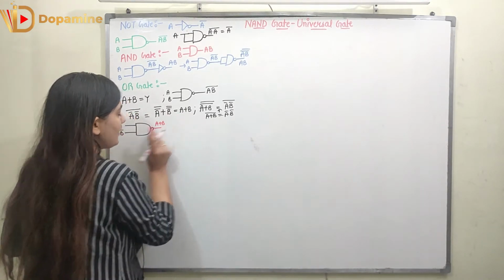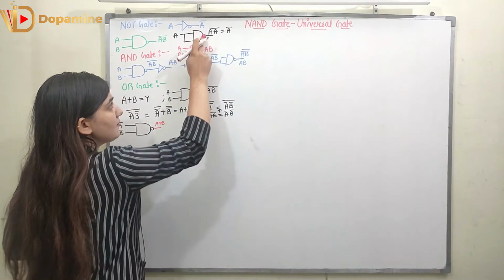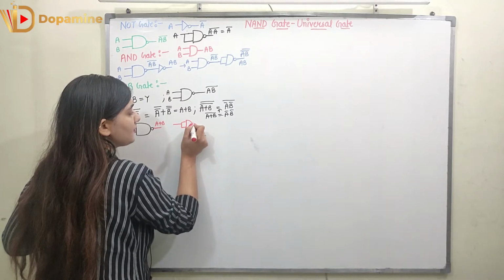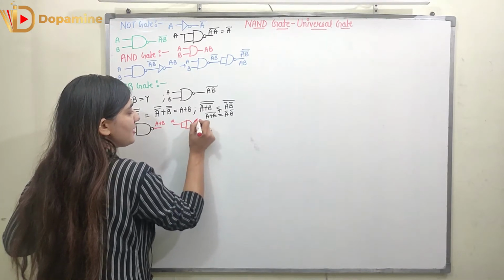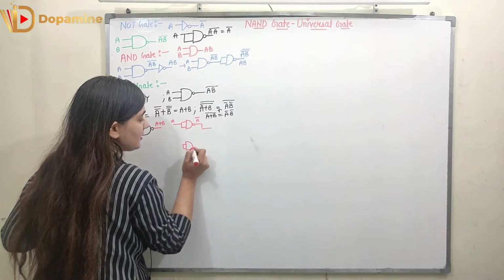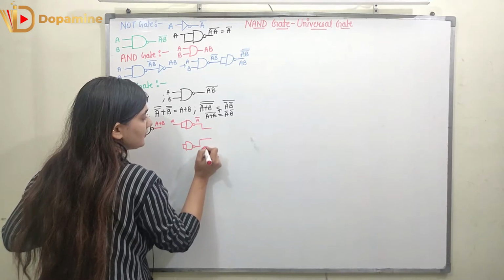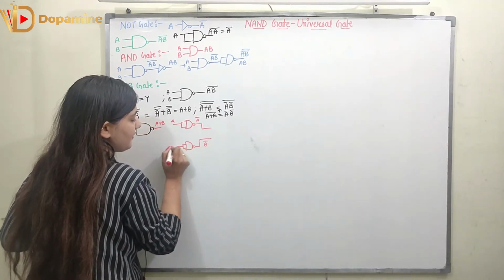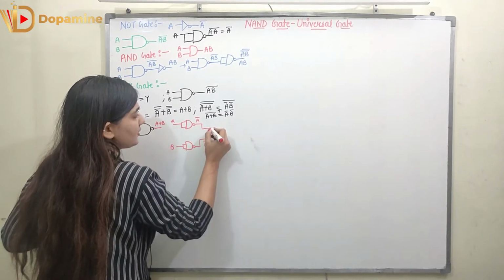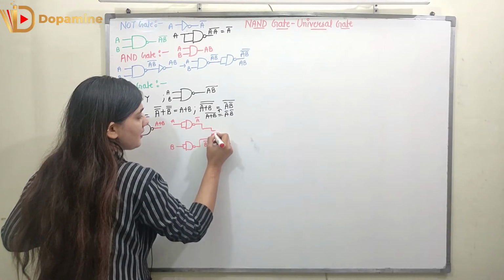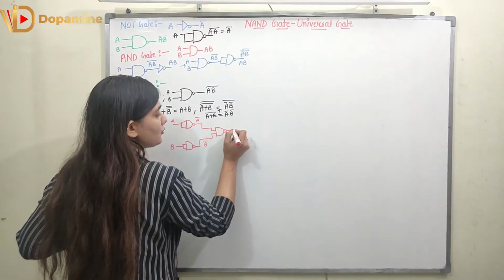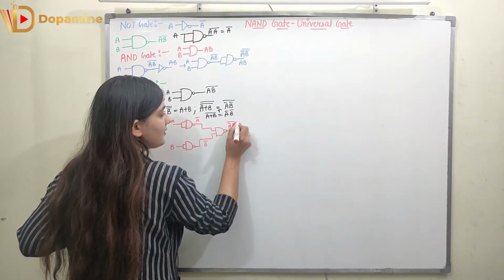Right? So now for A bar, we have to use an inverter. So now what I'm going to do is make an inverter using the A. So this is A, here I will get A bar. Right? So again I'm going to use an inverter. So this is again an inverter. So here I'm going to get B bar when I'm supplying the input over here as B. Right? So now what will happen? I will supply over here one NAND gate. So here what I'm going to get? A bar B bar, whole bar.